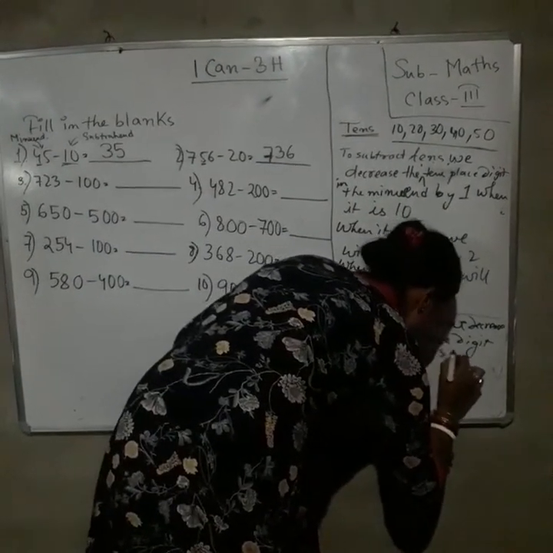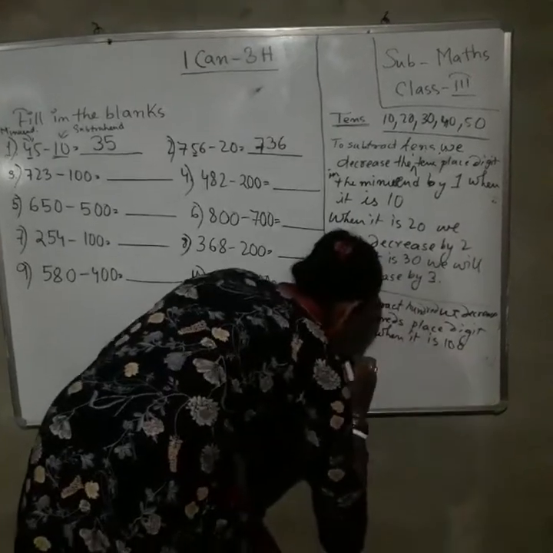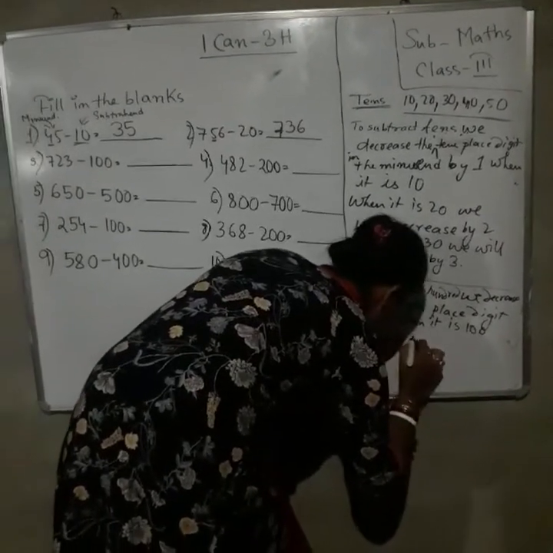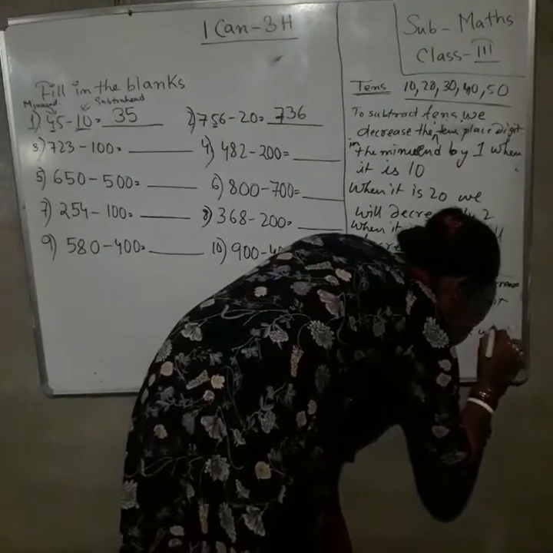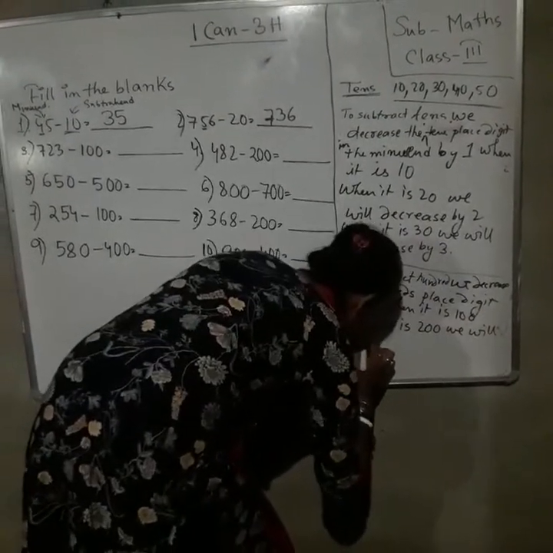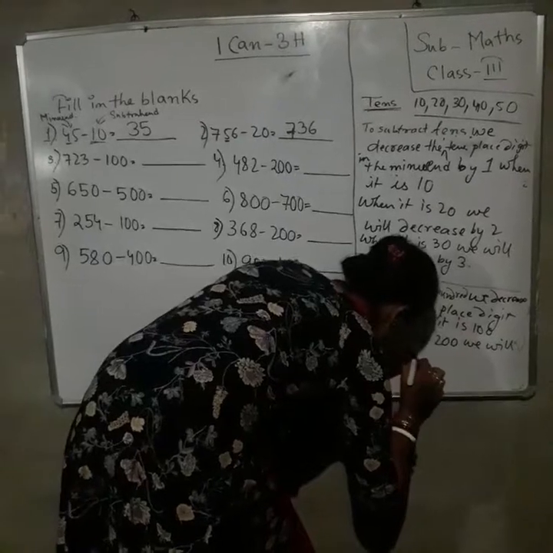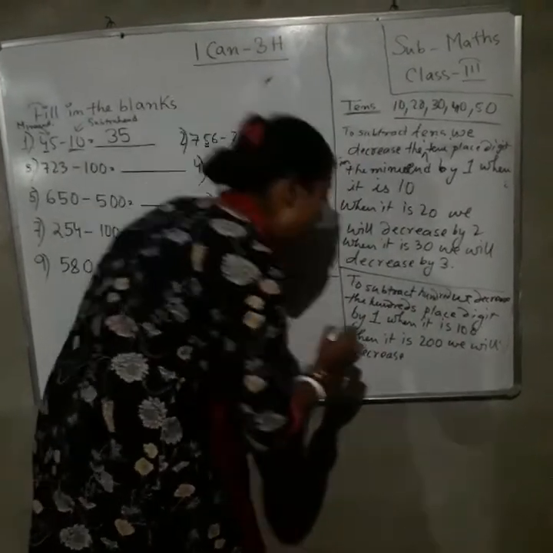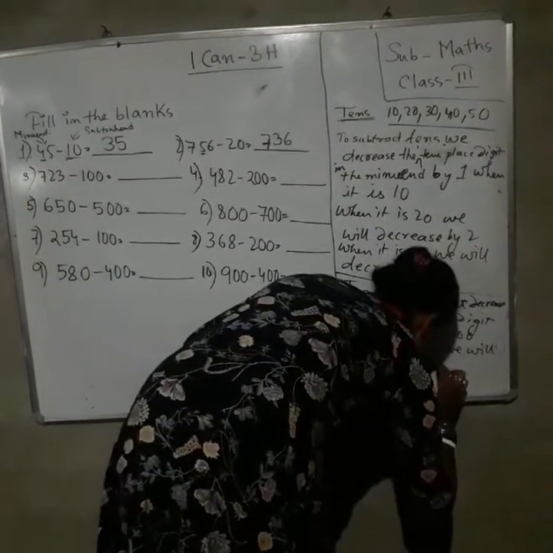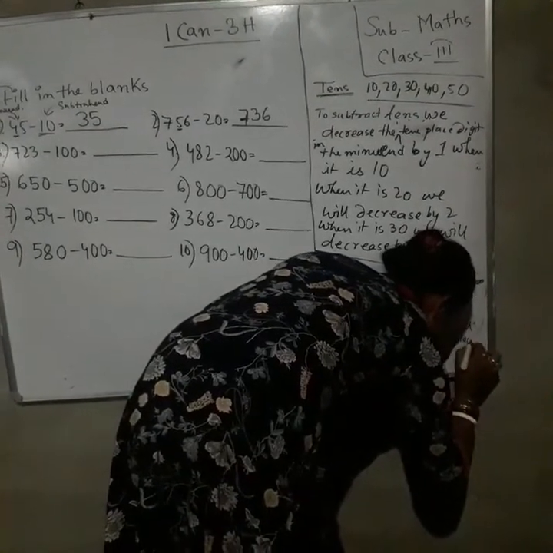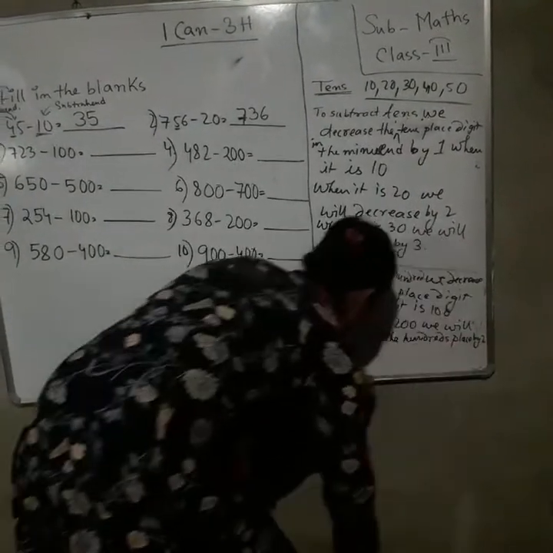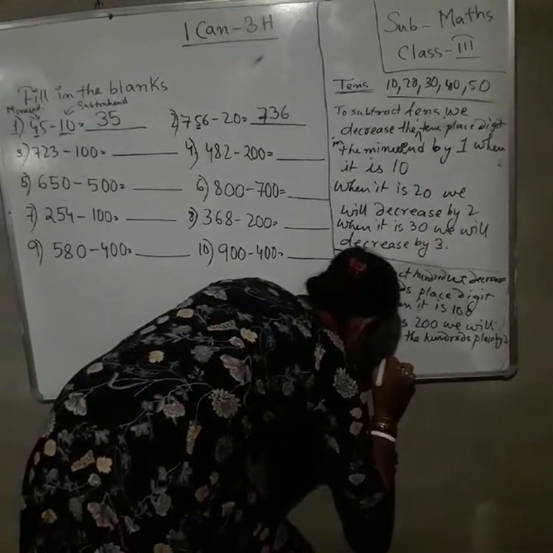Similarly, like tens, when it is 200, we will decrease the hundreds place digit by 2. Then when it is 300,